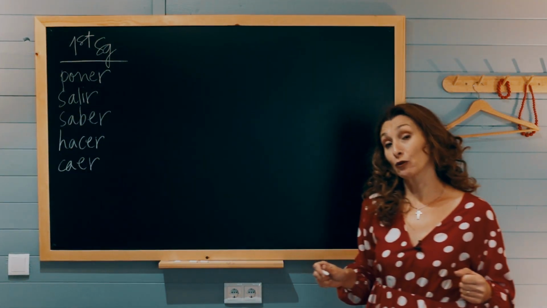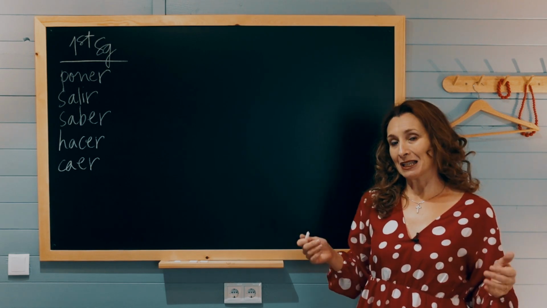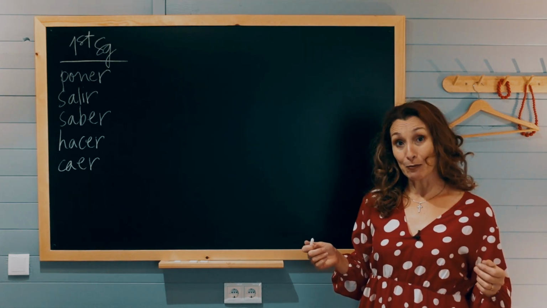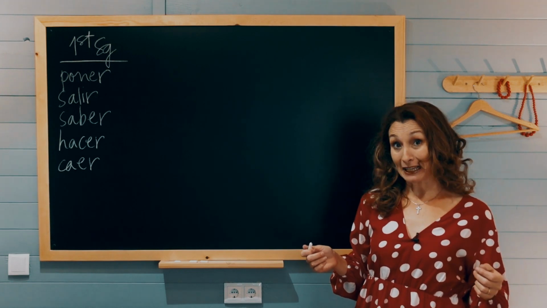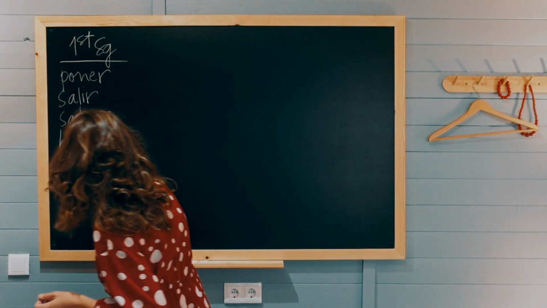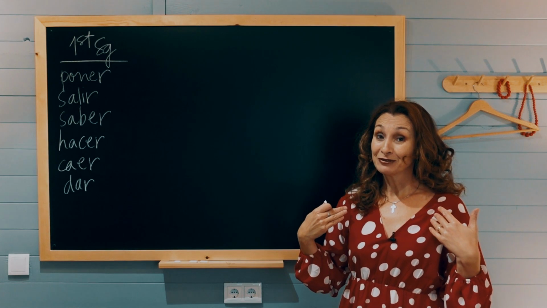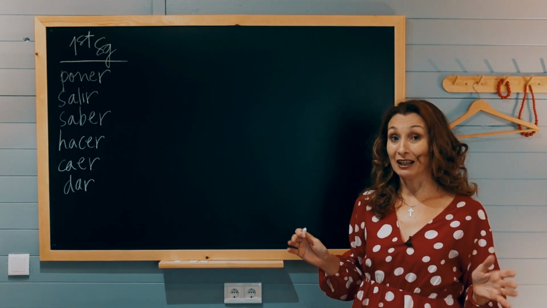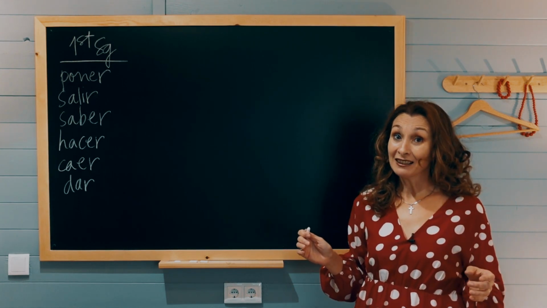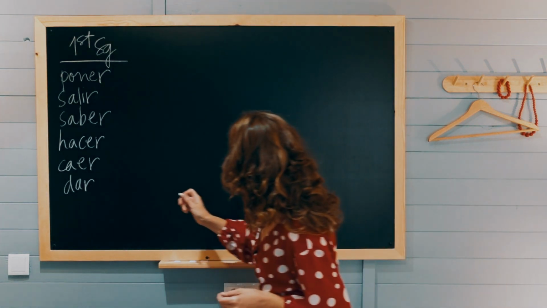Caer is to fall: caigo, and then caes, cae, caemos, caéis, caen. Okay? Another one is dar, to give: doy, and then the rest are regular: das, da, damos, dais, dan. Okay? And the last one here